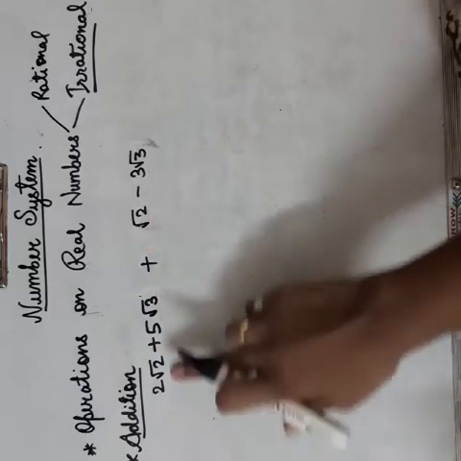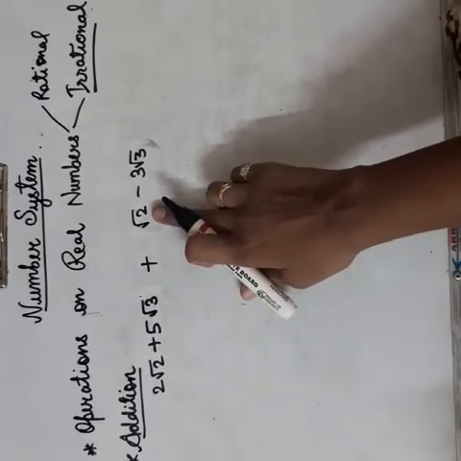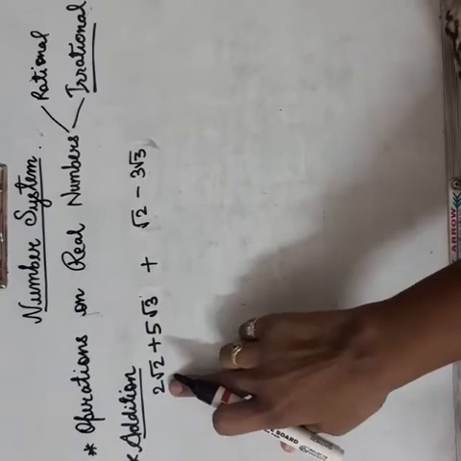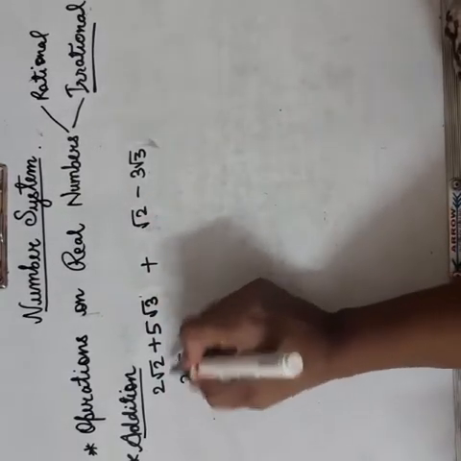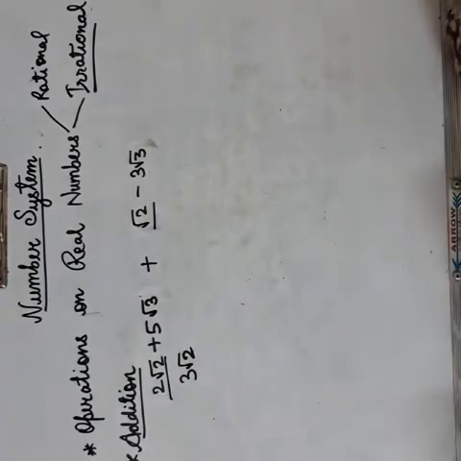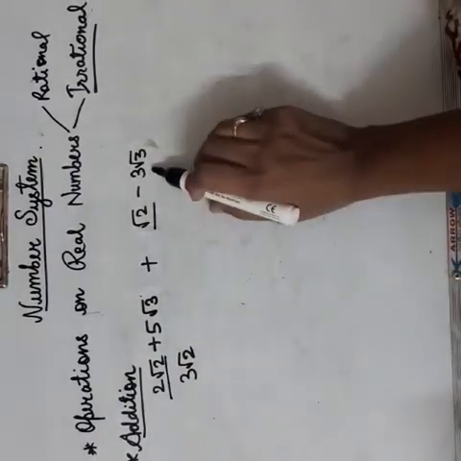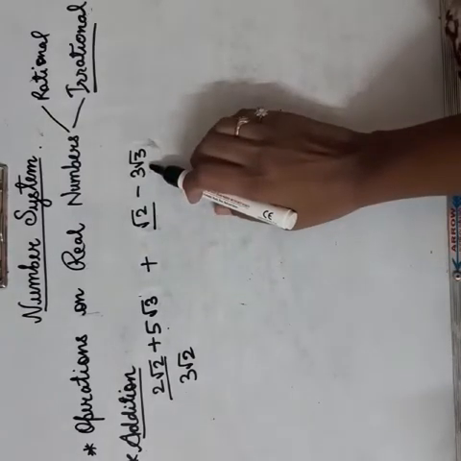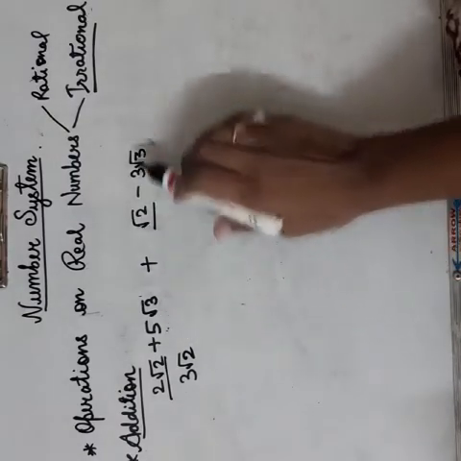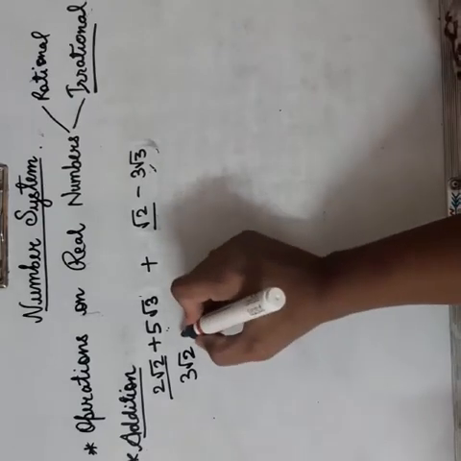3 root 2 is like 2 apples plus 1 apple, it will be 3 apples, no? Like that, 2 root 2 plus root 2 will be 3 root 2. Covered. Then 5 root 3 minus 3 root 3 is like 5 apples minus 3 apples, 2 apples, right? So 5 root 3 minus 3 root 3 will be